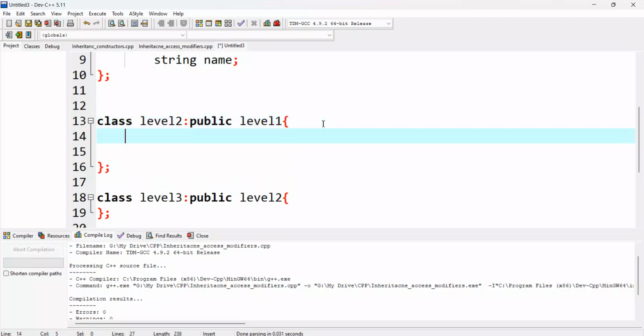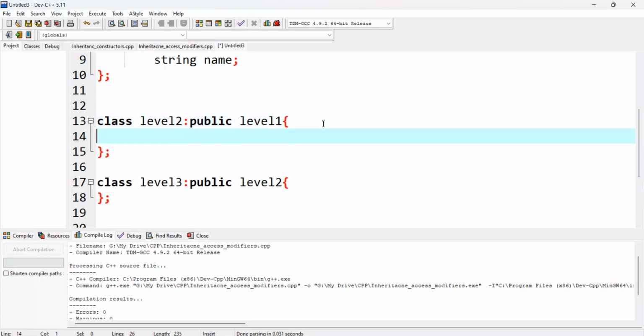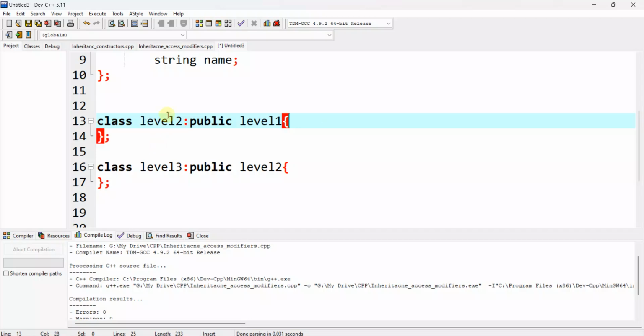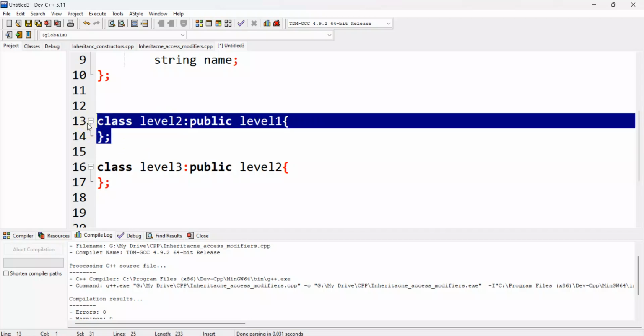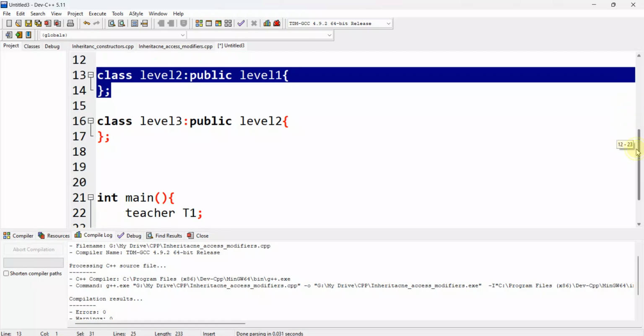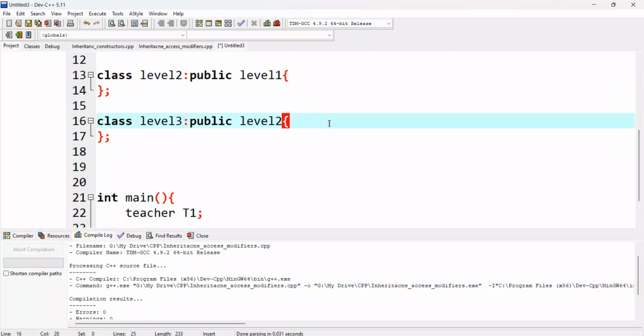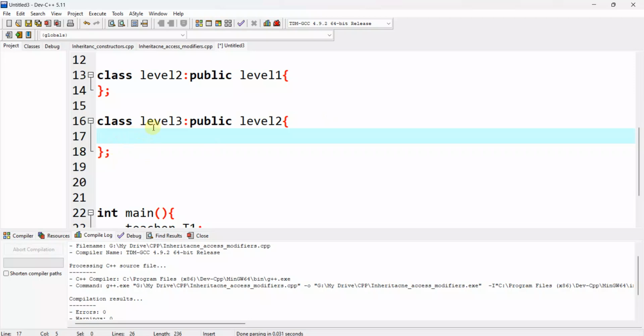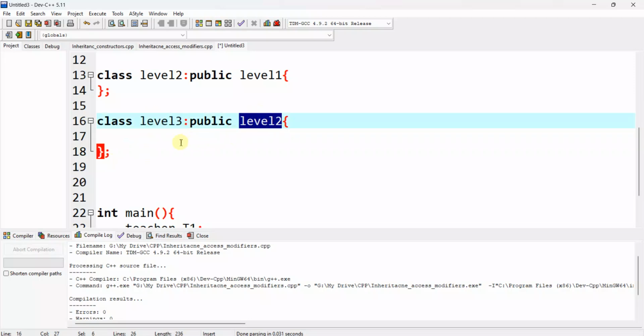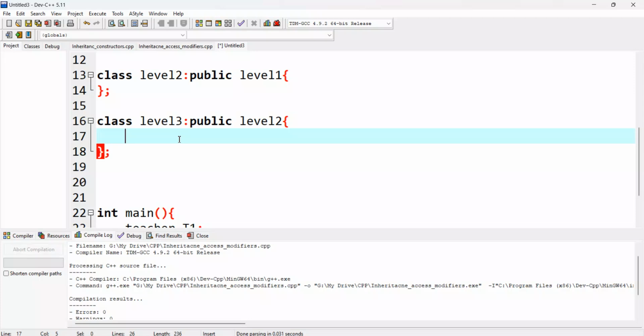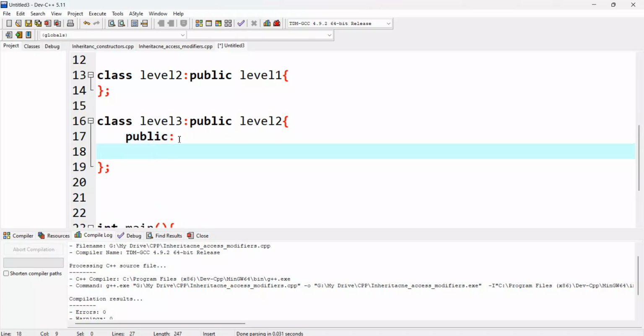To check whether we are getting them at level 2, I think we have already practiced here that all of these data members were available in the children classes. So instead of focusing on that, we should go to level number 3. This is level number 3 which we have inherited from level number 2, and here we should check whether we are getting those values or not. So public, and in that public I want to write one function, for example void, and the function is to set the values,